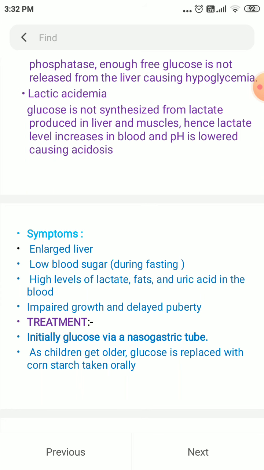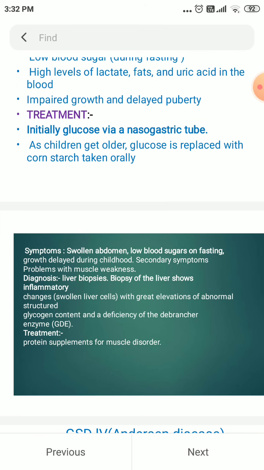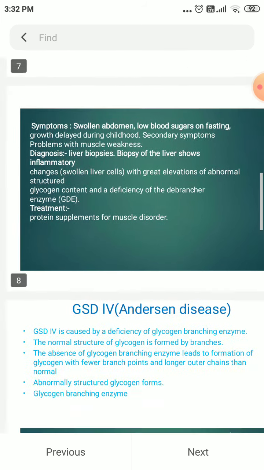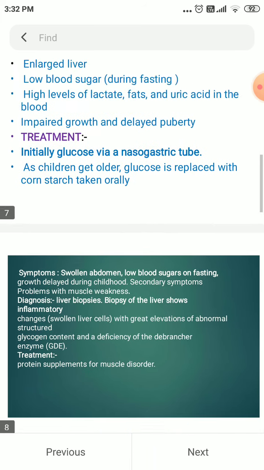So this is how we can treat the individual who has glycogen storage disease 1, that is von Gierke disease. I've already spoken about this symptom. So coming to the glycogen storage